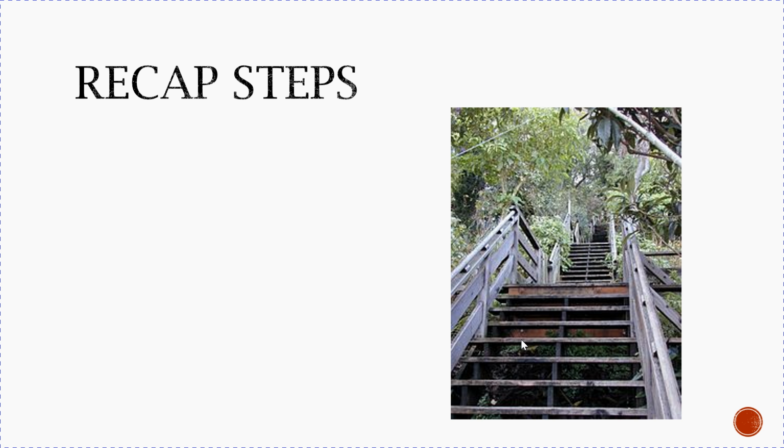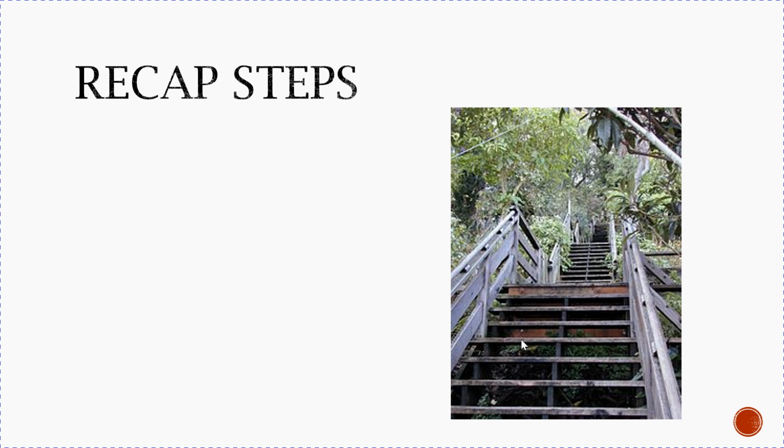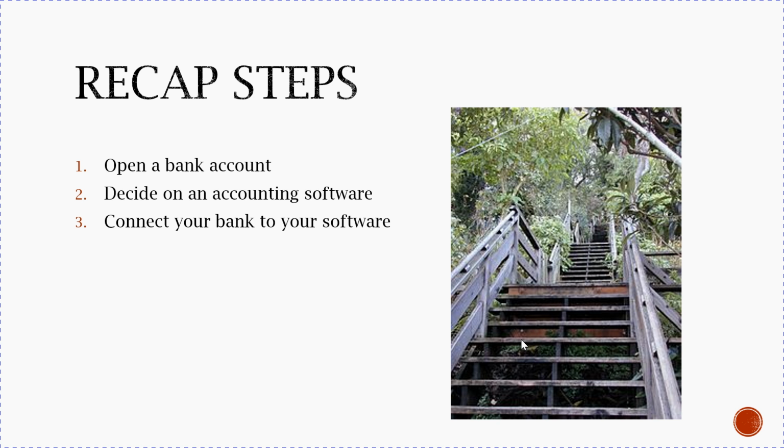So if you have just set up your limited company, or it's been going a little while, just let me recap. These are the steps. Open a bank account, decide on your accounting software, connect your bank to your software, talk to your accountant or bookkeeper. If you don't know where to find one, ask maybe a business person that you know. Who do you use? Can they give you a recommendation? Or by all means, contact us, drop us a line. Our details are at the end of this